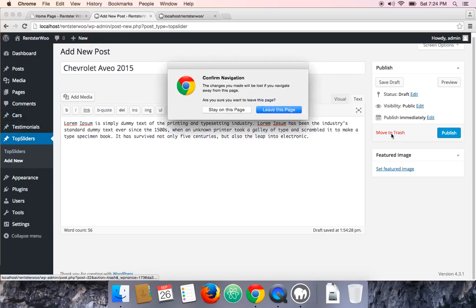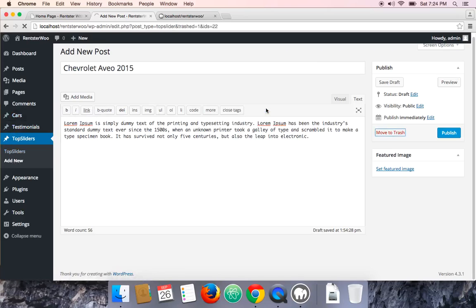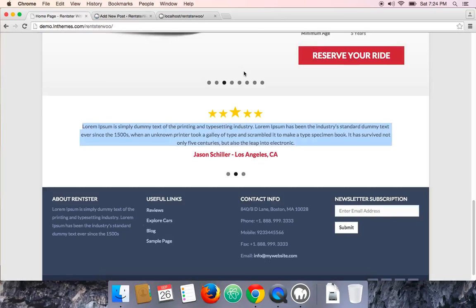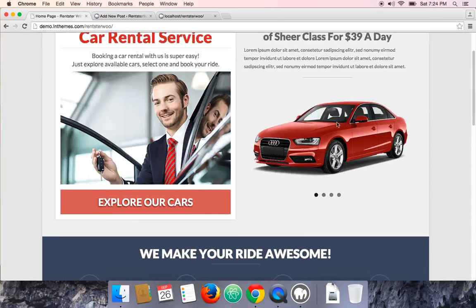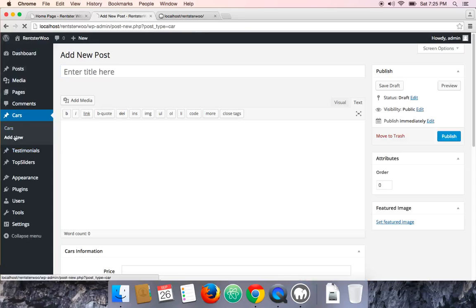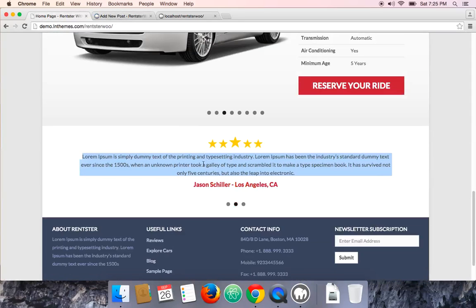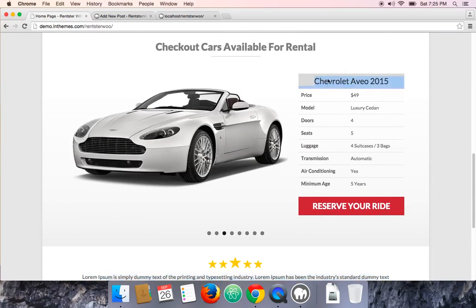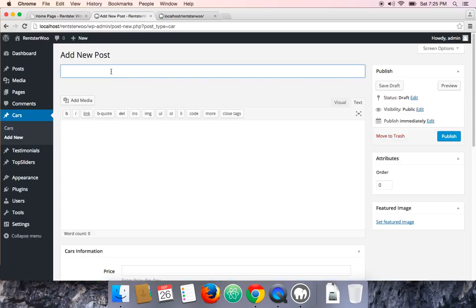I'll just delete it and then go back to cars and click add new. This is the top slider, and this is the cars custom post type. So for that, go to cars and add new. Sorry about that, guys.